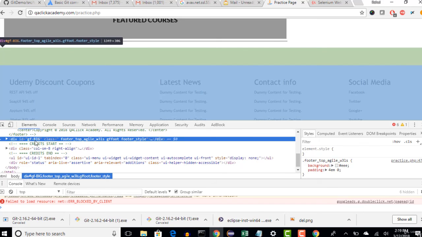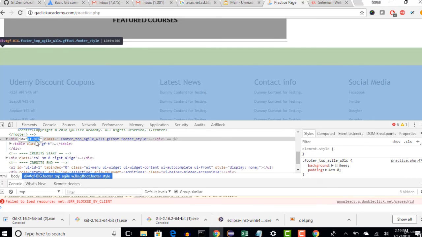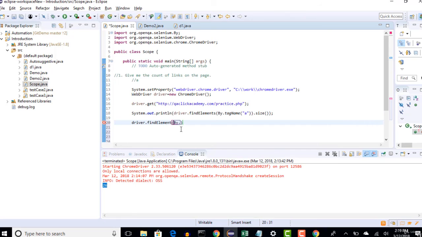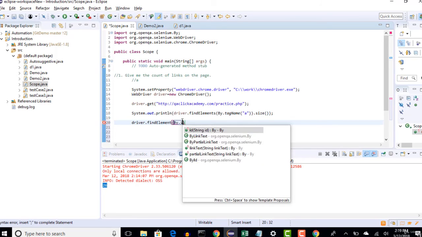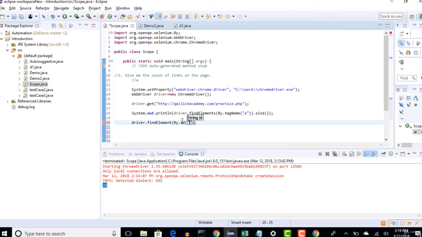So I will create a new web element for this by ID. This is a web element, and I will call it footer driver.